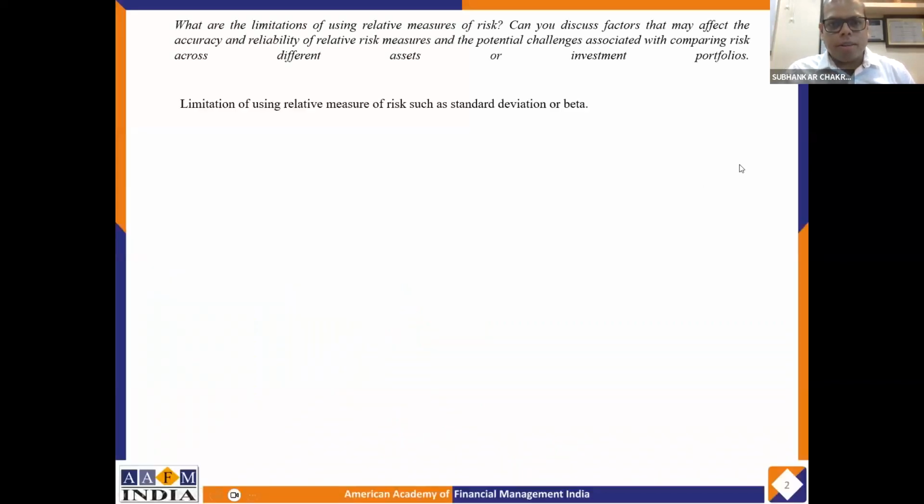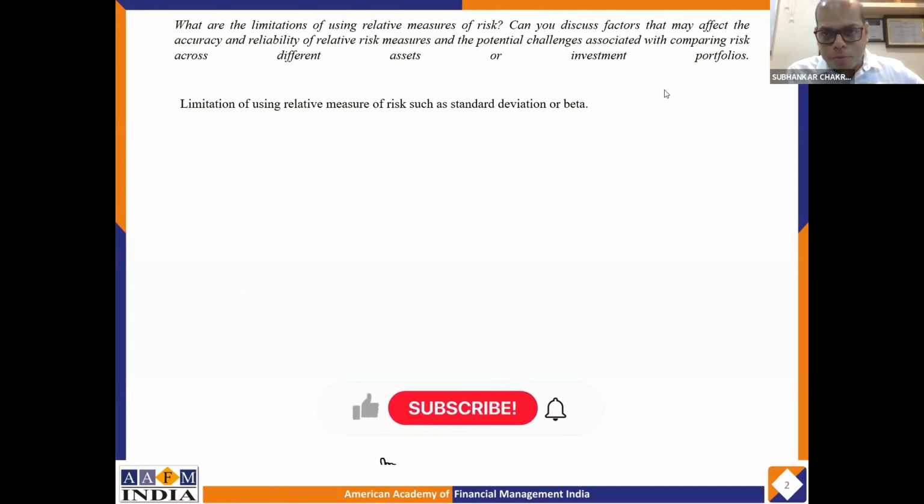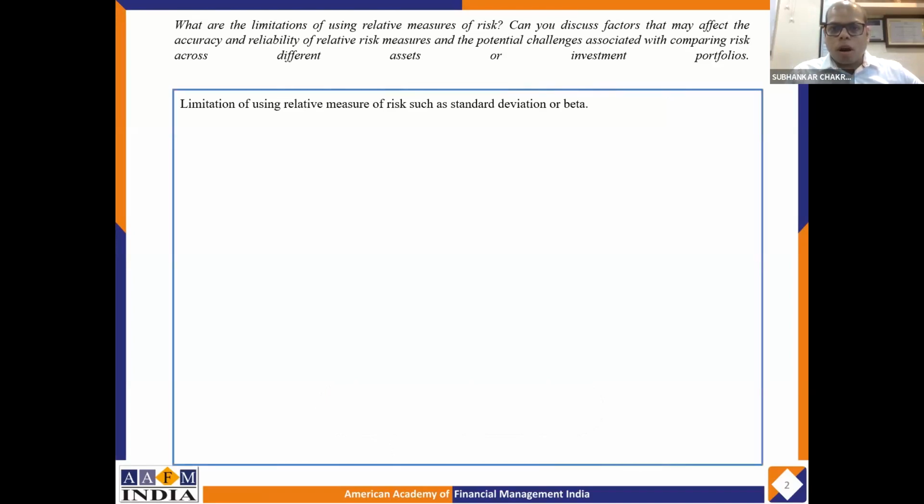Today's query is, what are the limitations of using relative measures of risk? And can you discuss factors that may affect the accuracy and reliability of relative risk measures and potential challenges associated with comparing risk across different asset or investment portfolios? Now, let us understand what are the limitations of using relative measures of risk, such as standard deviation or beta